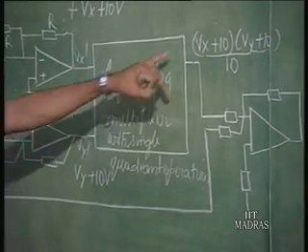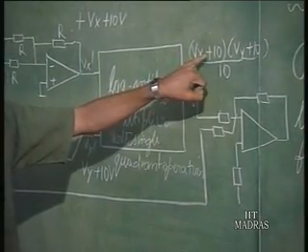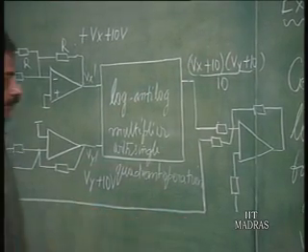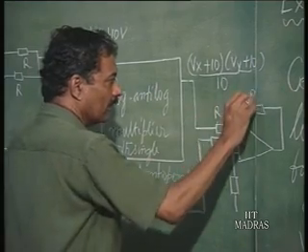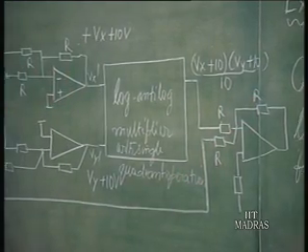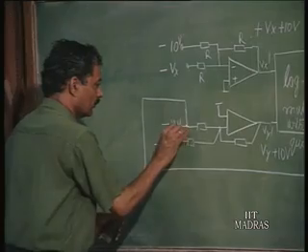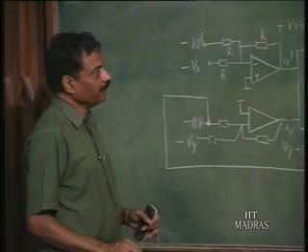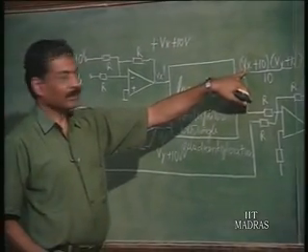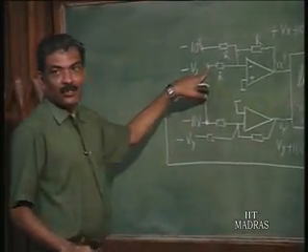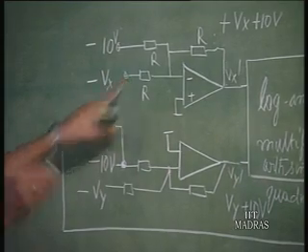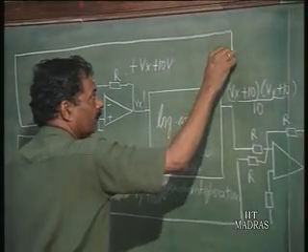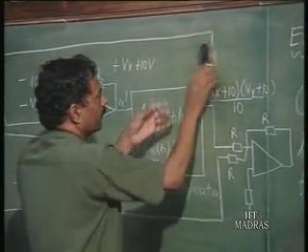So, in this you have plus 10 volts, you are therefore subtracting minus 10 volts. So, if these are all R and R, that purpose is achieved already. So, the DC offset is already removed. Next, we have to remove Vx. We already have minus Vx here. So, that also can be added simply. So, it is a very simple circuit which is going to be giving us whatever we want,